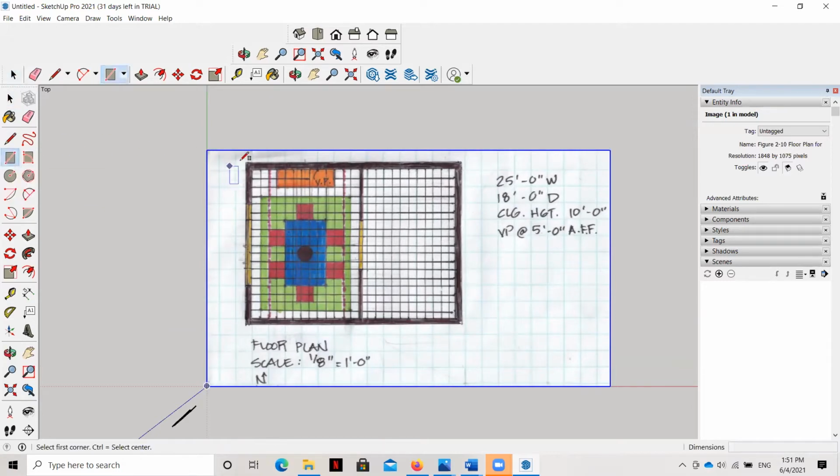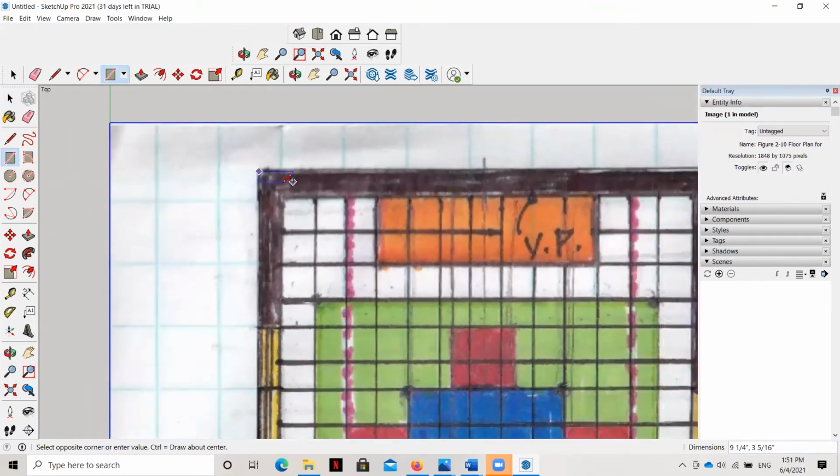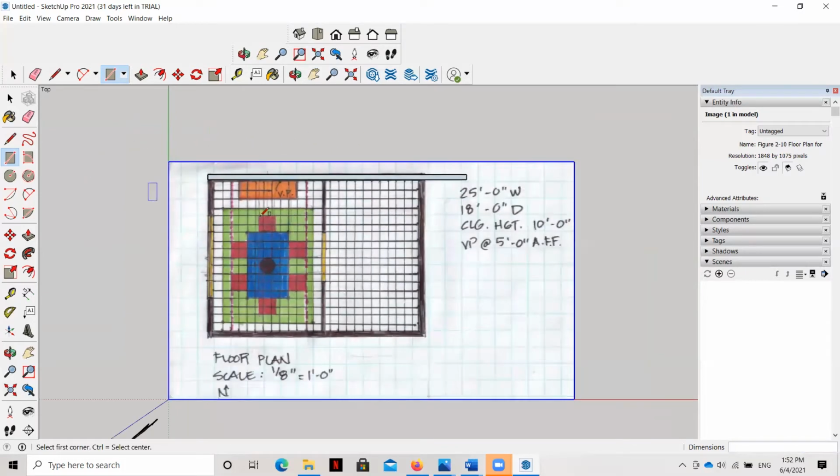I'm going to click rectangle, and I'm going to draw a wall here. I'm going to start it at that corner, and it's on the face of my drawing. That's what it's telling me. We know that the wall in our floor plan here is 25 feet and it's 6 inches thick. So you can see here I've entered in my dimensions at the bottom, 25 feet, comma 6. SketchUp thinks in inches, so you don't have to specify inches here. Then I'm going to hit enter, and there's our wall right there.